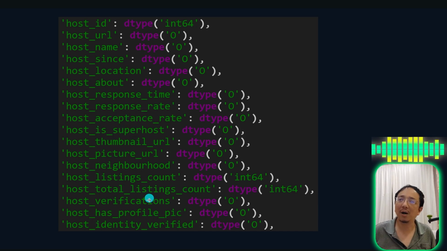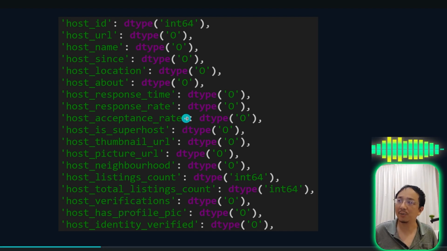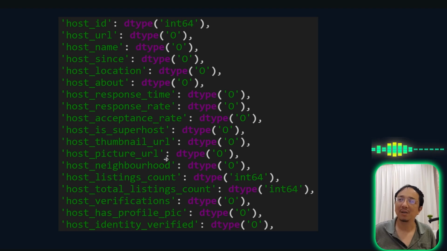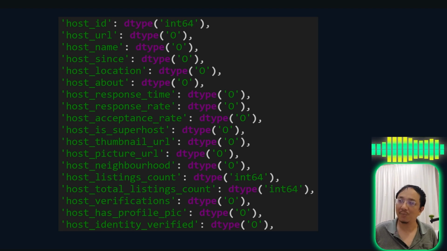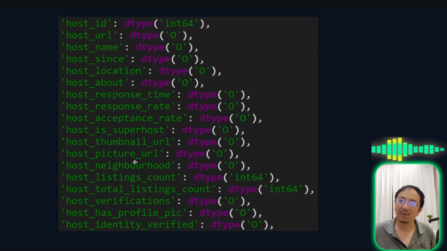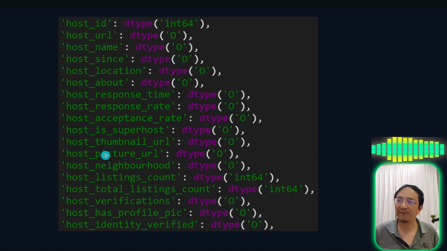There's also a host photo column, a host photo URL, like the picture here. We probably don't need this one because it's just a URL, unless we are going to download the picture, which we are not going to do. This URL doesn't make much sense to us. So although there are a lot of columns, we already found many of them that we can probably just